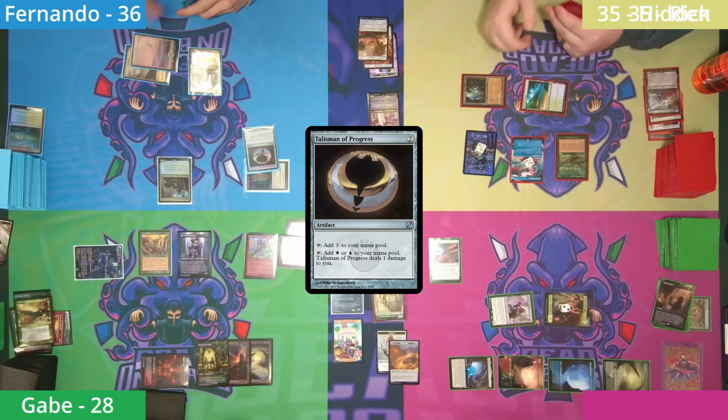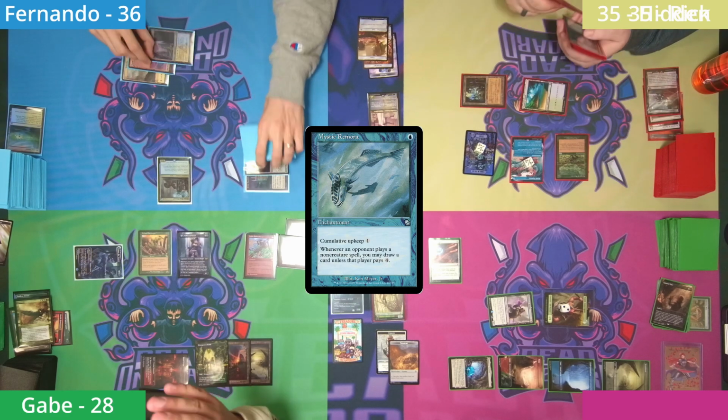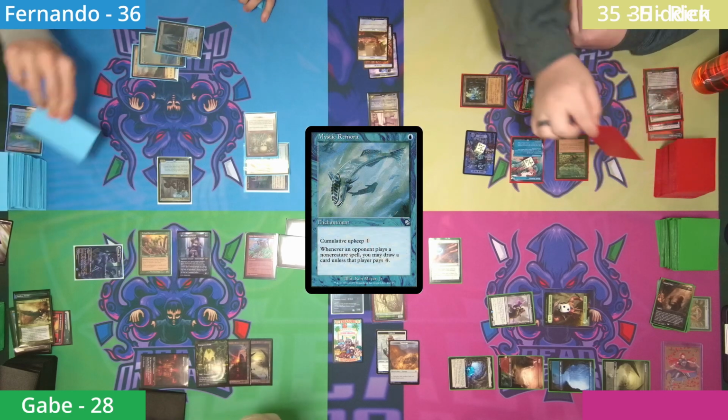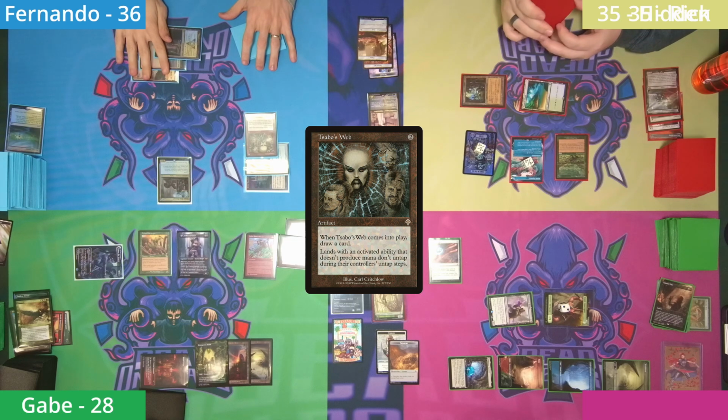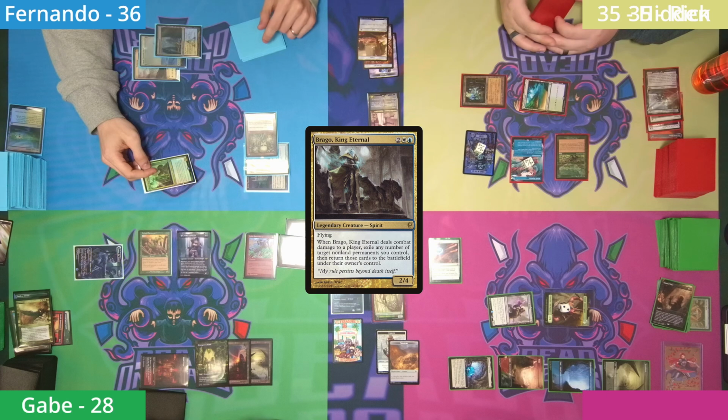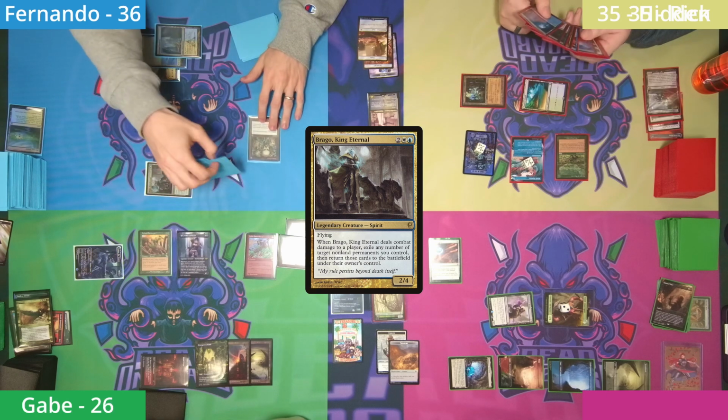Fernando untaps and casts a Talisman of Progress. Hidden draws, with Fernando then following it up with a Sabo's Web. Hidden draws, with Fernando getting a card off ETB. Fernando then heads to combat and sends Brago at Gabe, who takes the hit, with Fernando then blinking his board